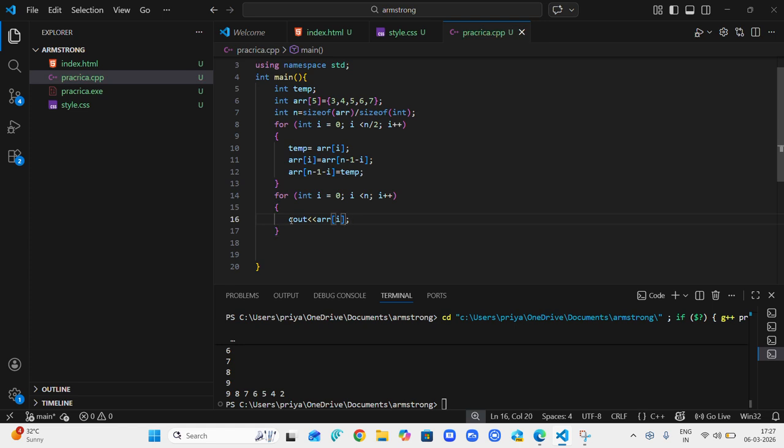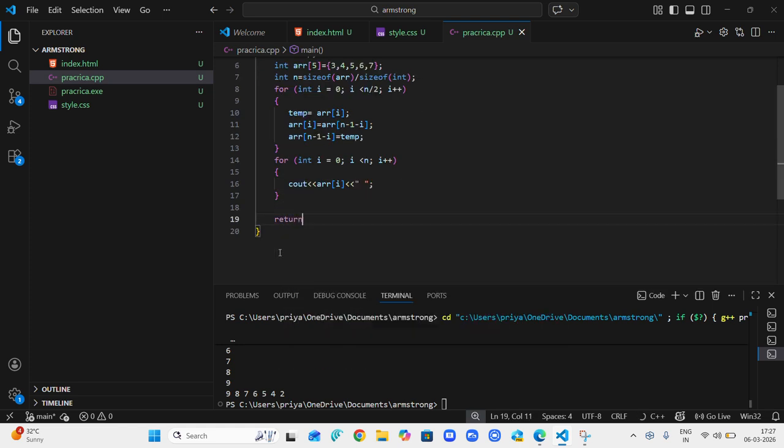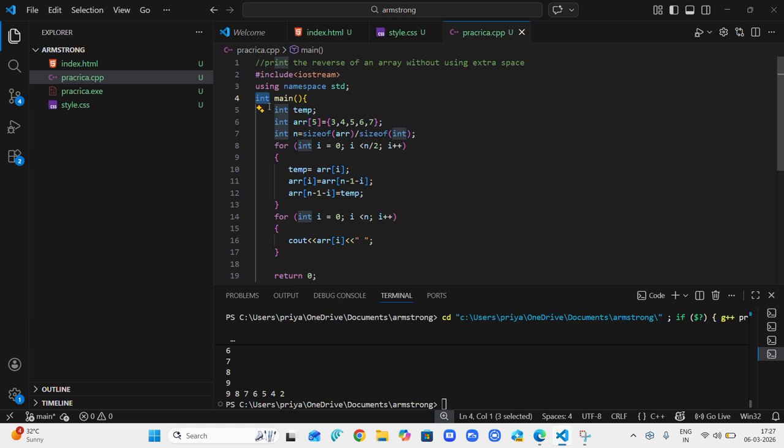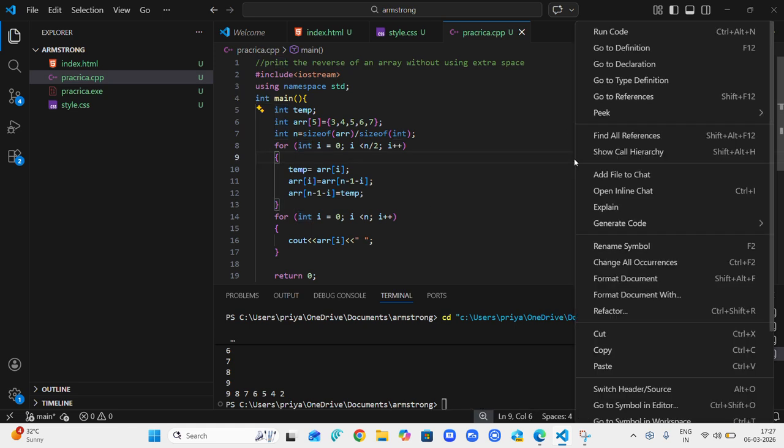For the code to be visible clearly, let's add some space, and here you have to add return 0. The question might strike your head: why do we add return 0 over here? Because here you are using int type, and int type shows that the function created over here is going to return some integer value. That's why we return 0.